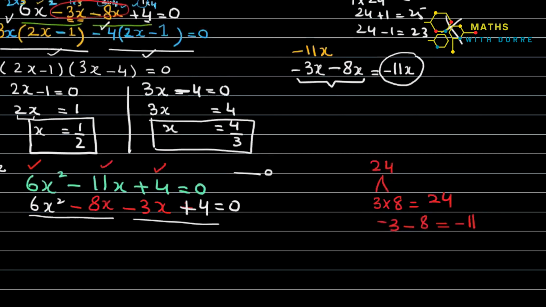Yes, I know there is a power of 2, meaning there are two x here and there is only one x here. So I will take one x common. But what about the number? As per the number, it is 2 times 3, 6, and here is 2 times 4, 8. So obviously this 2 is common, so I'll take it out. Once I have taken it out, I will not write it inside. I will only write those factors which are not common, which is 3. And here, this power is reduced to 1 because I have taken 1x out.